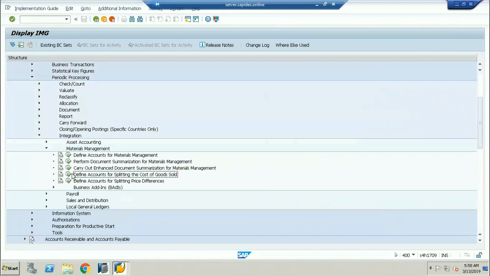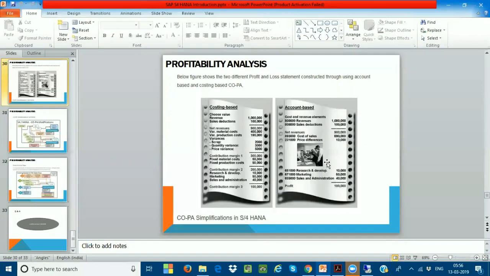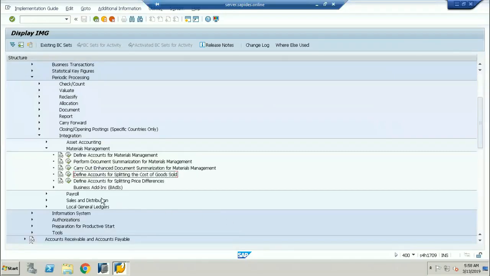Here, one is called define accounts for splitting of the cost of goods sold. This cost of goods sold is nothing but your cost of sales. And the second one is called define accounts for splitting the price differences.